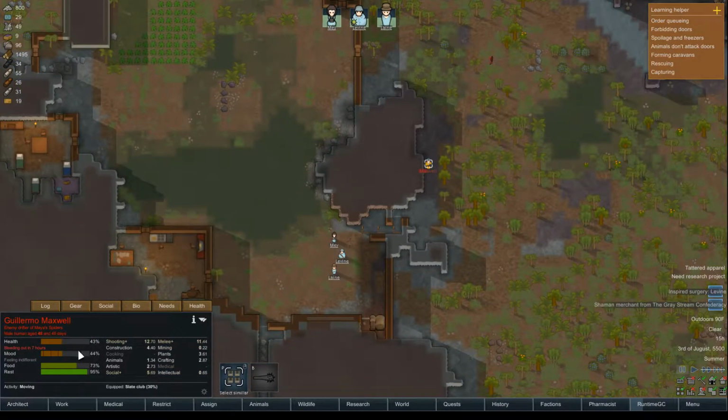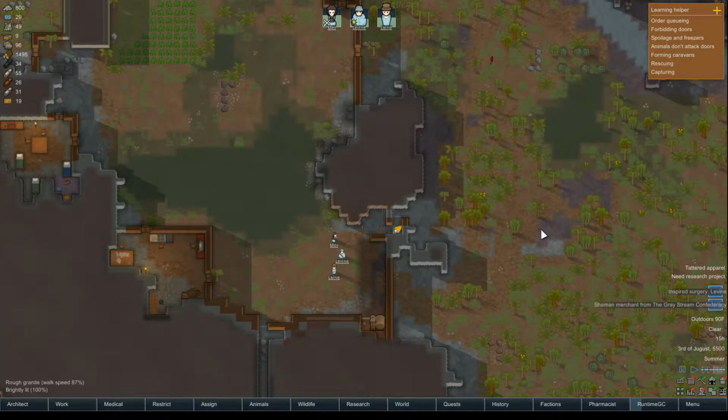What's wrong with you, by the way? Torso stabbed, left shoulder stabbed, right arm stabbed, right lung stabbed, liver stabbed, sternum cracked, bleeding out in 7 hours. You are dead. You gonna try it again? Oh! Okay, so we do need to...